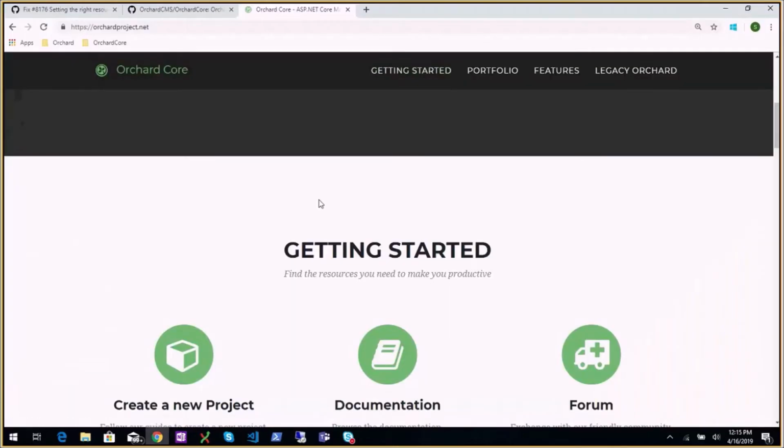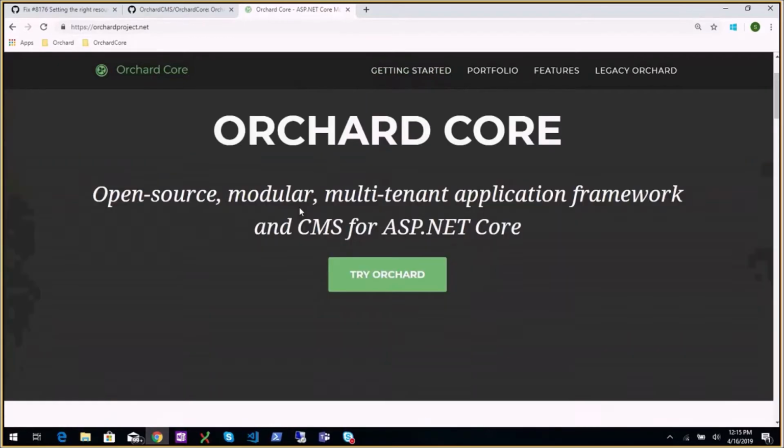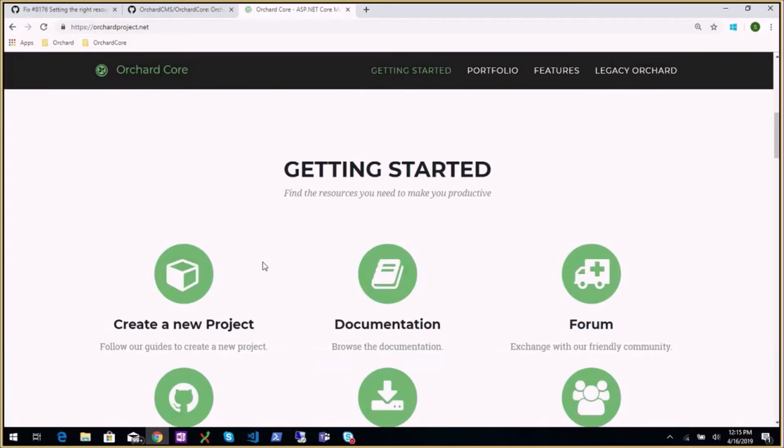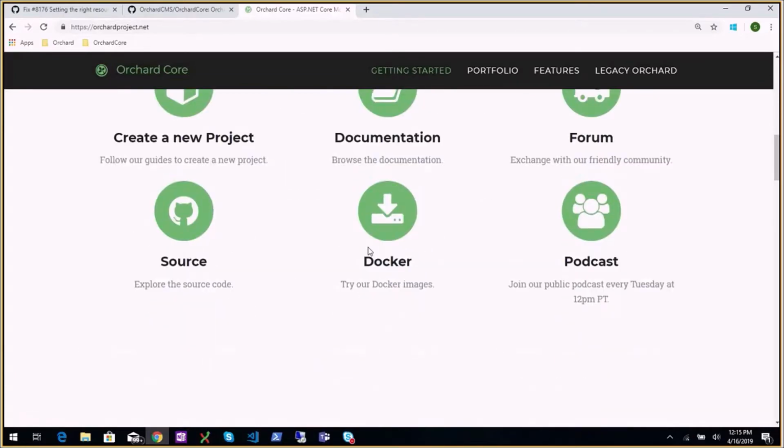So what did I do? Link to the quick start, create a new project, because it's very important that when they go on the site, they know what to do: try Orchard or create a new project. Link to the documentation, the forum is Gitter, source is the source, Docker images. It used to be a zip file, and at that time I didn't have the zip file because we didn't have tags on GitHub. Now we could have a link to the zip file, but it's good to point to the Docker images. It's just to point to Docker Hub,